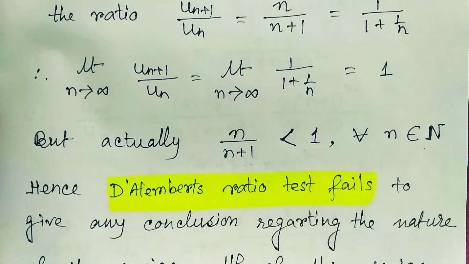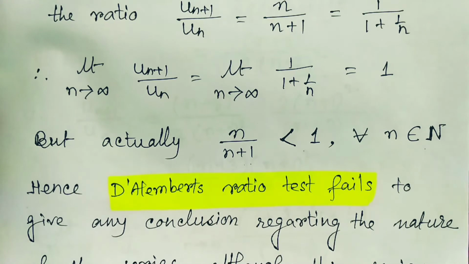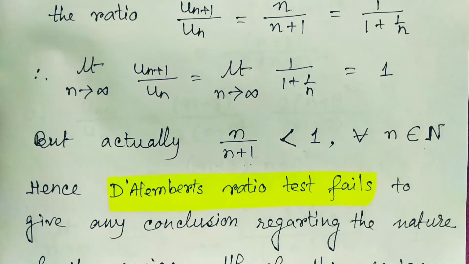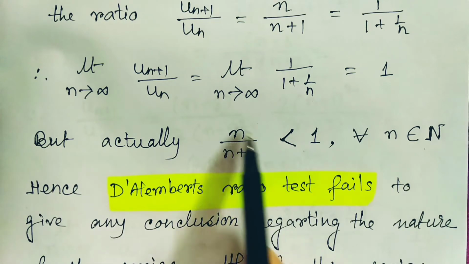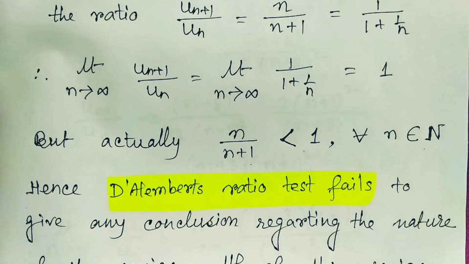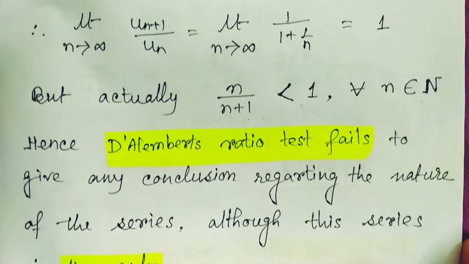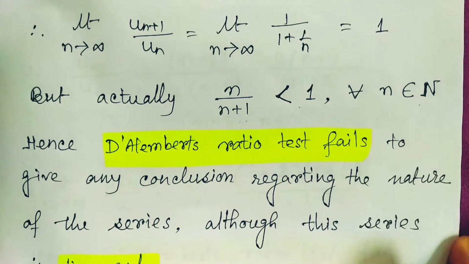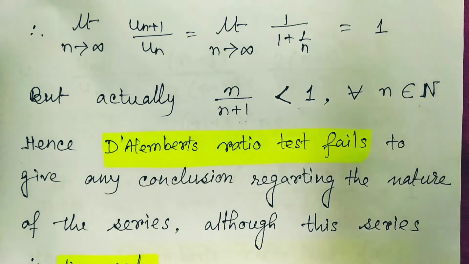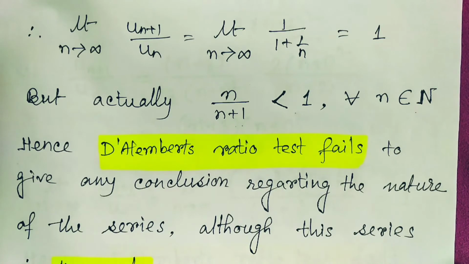So, to give any conclusion regarding the nature of the series, from D'Alembert's ratio we can't get any idea. Rather, if we simply say this ratio is less than 1, we could say the series is divergent. But the ratio gives us just a ratio; it is not giving us the magnitude value. So depending only upon the limit of the ratio, this ambiguity will occur, and that's why we can't conclude properly. This is a very big drawback of D'Alembert's ratio test.